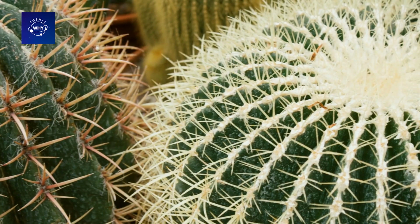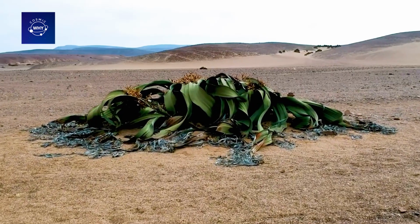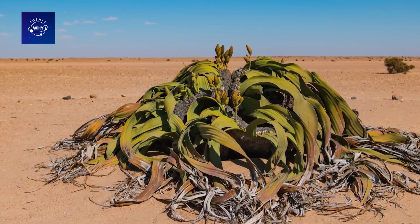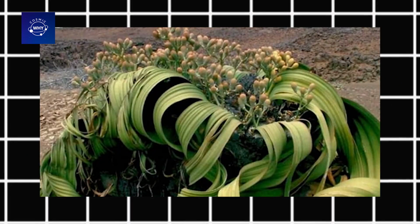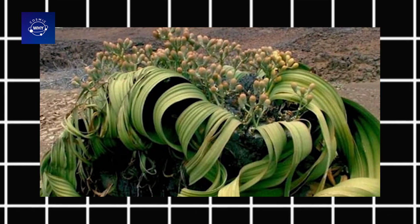In an age where many tree species are disappearing within decades due to climate change, the fact that a single plant like Welwitschia has survived for 1,000 years and continues to grow every day is a living testament to the amazing power of nature. And it all starts with simplicity, just 2 leaves, but carrying the enduring power of millennia